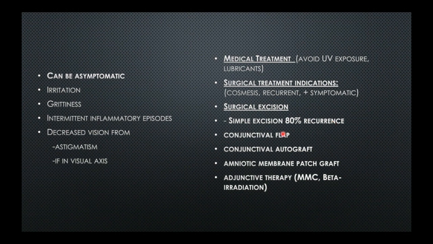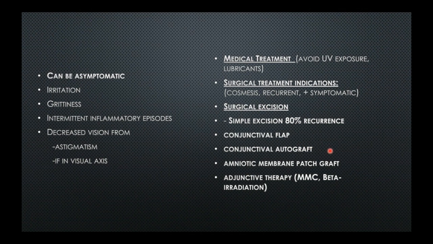So the next approach that we'll look at is a conjunctival flap. You do your simple excision and then you rotate the conjunctiva in such a way that it covers the area where the pterygium was. That tends to be a little less frequent, causing a little less recurrence, okay? Then the third procedure is a conjunctival autograft, where you do the excision as in procedure number one, and then you take some conjunctiva from a different part of the eye. Usually we use the conjunctiva at the superior limbus, and we relocate it to the area